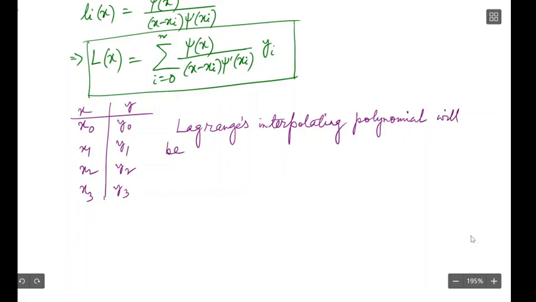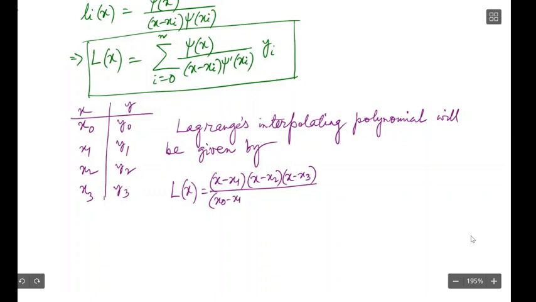Lagrange's interpolating polynomial will be given by Lx equals to x minus x1, x minus x2, x minus x3 by x0 minus x1, x0 minus x2, x0 minus x3 y0 plus